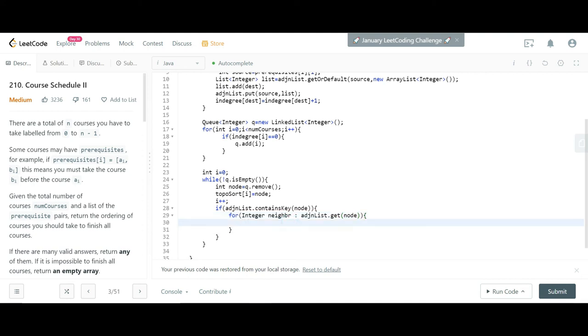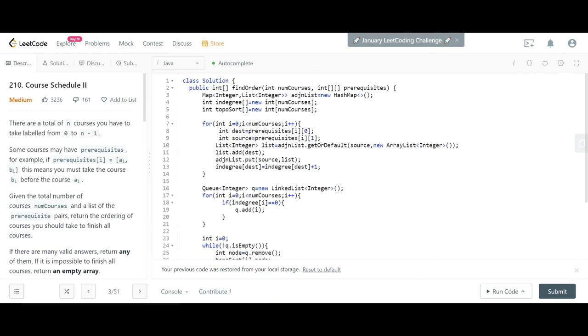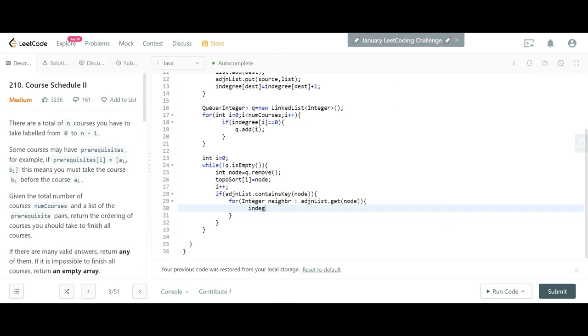And for them, what you have to do? For them, the in degree value we have to reduce by 1. So if we have that in degree array with us, in that in degree array, in that neighbor position, whatever in degree value is there, we have to reduce by 1.